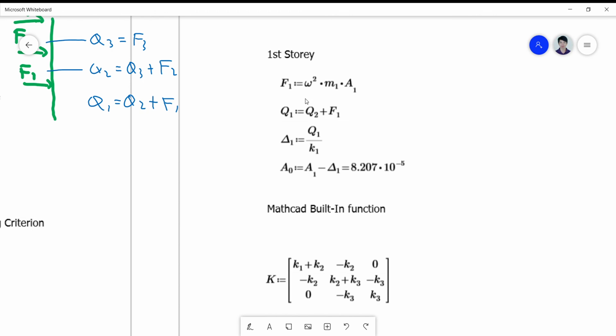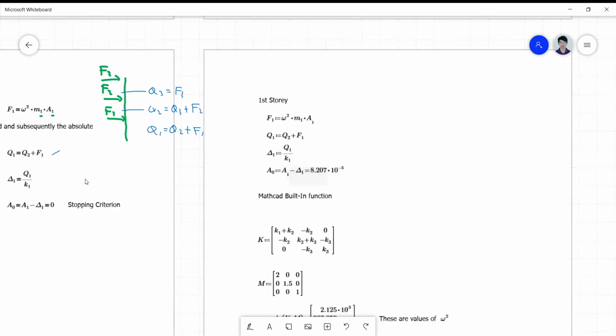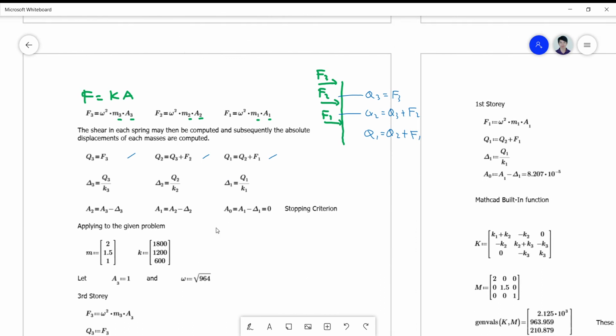If not, you go back assuming another value of maybe A3 if you want to change it, but I only change this omega. It will suffice, no? In order to converge into a solution that will set your stopping criterion to be satisfied, then you can just change your omega, and if you are now satisfied with the stopping criterion, then your omega is the real value,